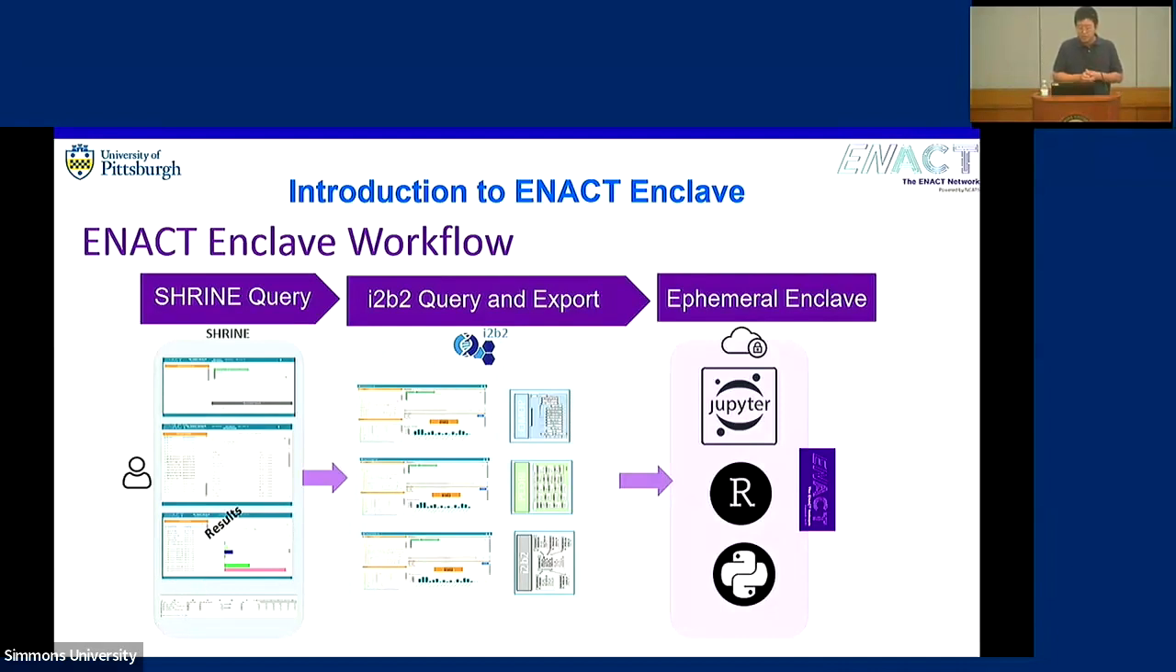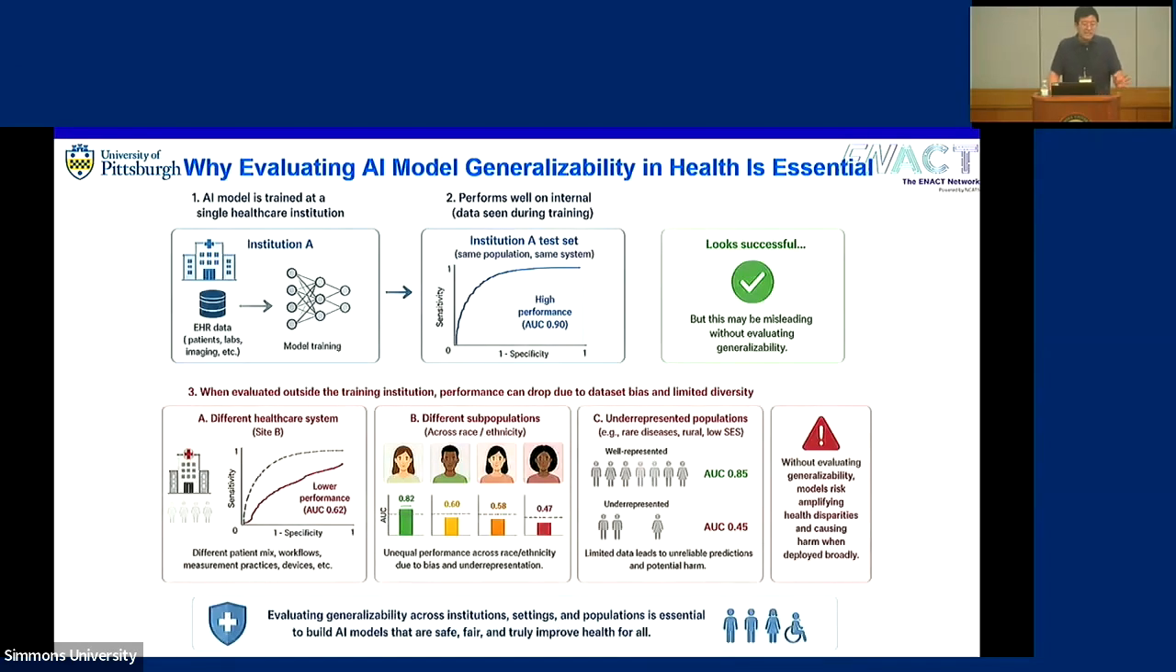The I2B2 common data model right now is used as the default to standardize the data, but that model can be exported in either OMOP or PCORnet format based on request. So this use case, where we leverage the ENACT enclave, is to evaluate AI model